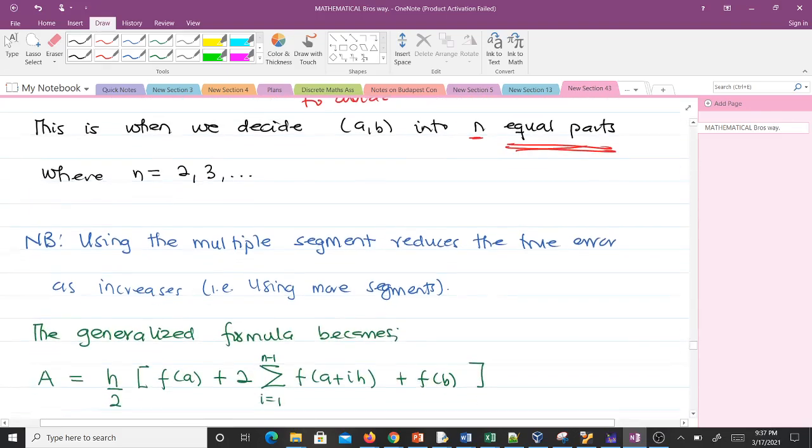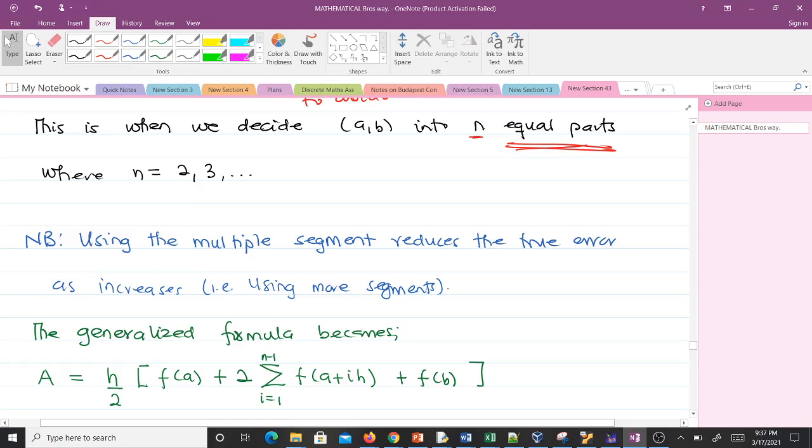So it says note, using the multiple segment reduces the true error, as I said, as it increases. That means if you use more segments, the error decreases. Okay,